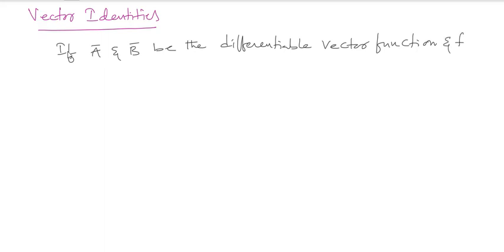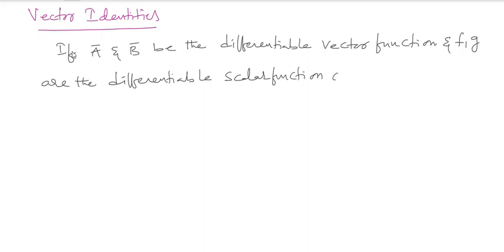And f comma g, small f comma g are the differentiable scalar function of the point P of x comma y comma z, right? Then